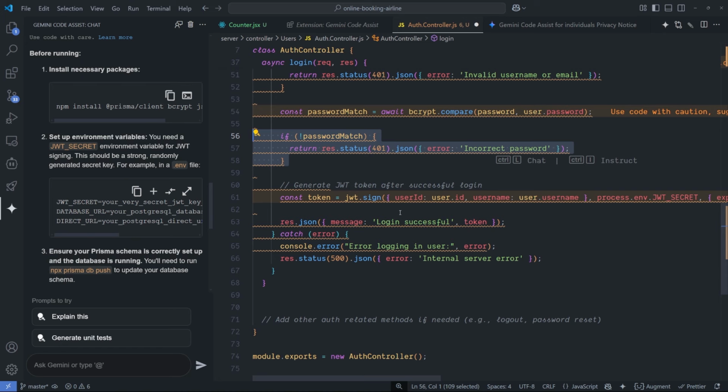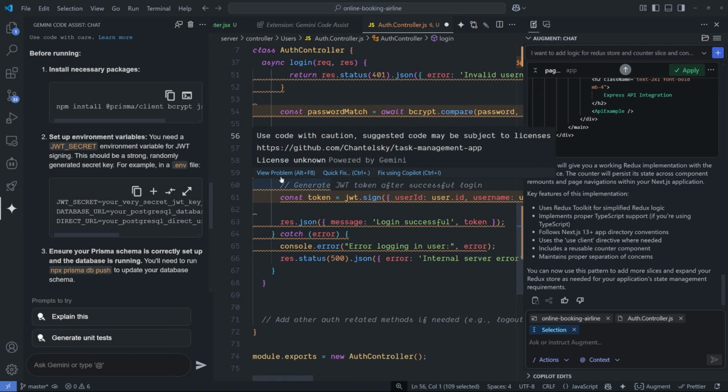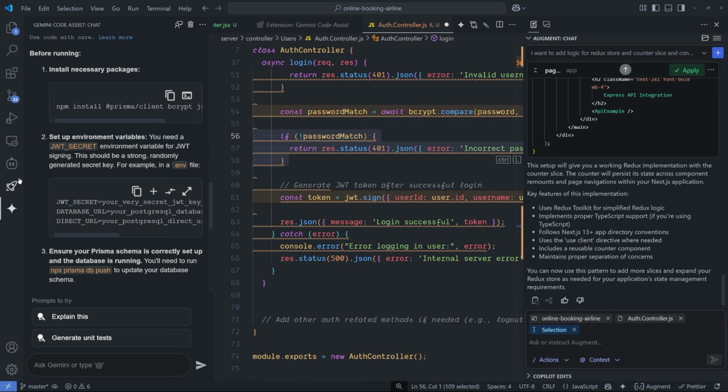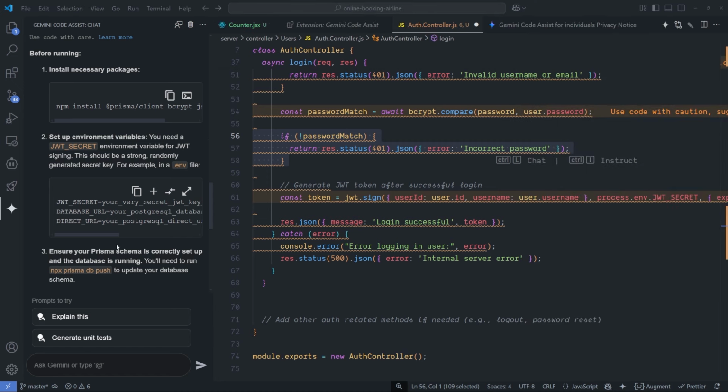For example, Augment. Augment is amazing compared to this one. And also, we have Trae, the IDE, which is also free. It's better than this one. And you can use the Gemini model actually, which for me was performing much better than whatever they're using in this Gemini Code Assist. And no, this coding assistant can't kill Cursor or Windsurf or even GitHub Copilot, which I don't recommend using. Also, you can keep using whatever current setup that you have, either Roo Code or Cline or Cursor. This coding assistant can't even compete with the free stuff like the Trae IDE or the Augment